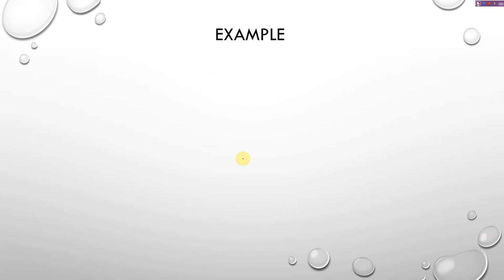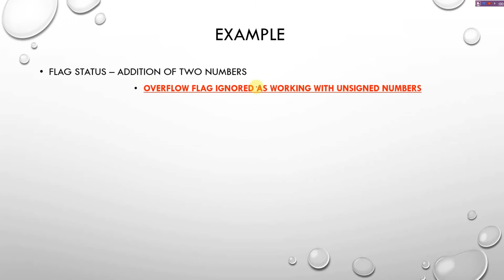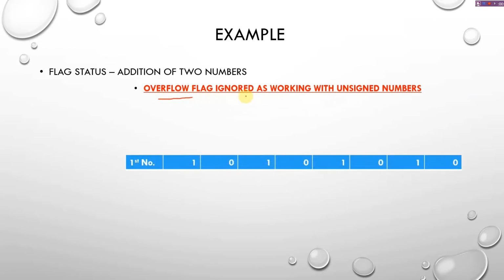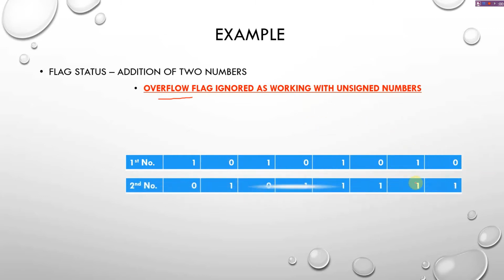After discussing the 8051 flags in detail, let us take an example to understand the flags in a much better way. Take the example of addition of two numbers. We will be ignoring the overflow flag as it is used in signed number operations only. We are going to do only unsigned numbers. This is the first number. This is the second number to be added up. Now if we add these two bits,